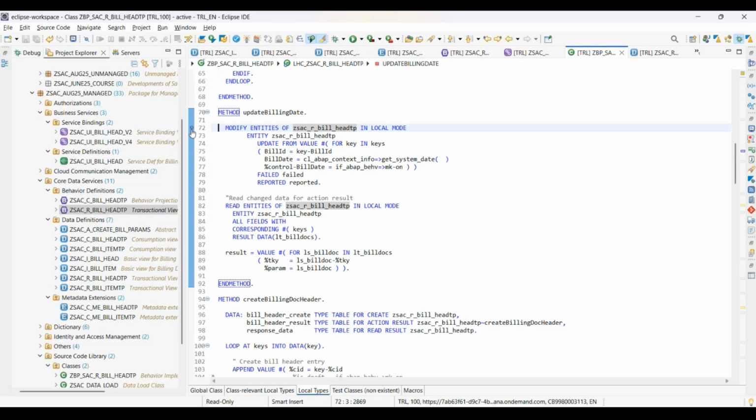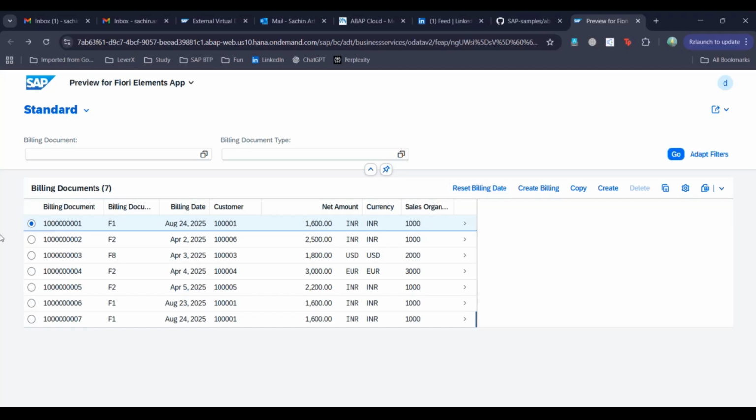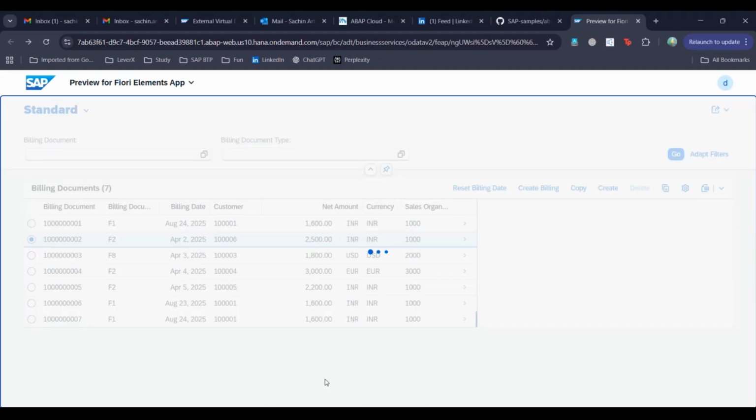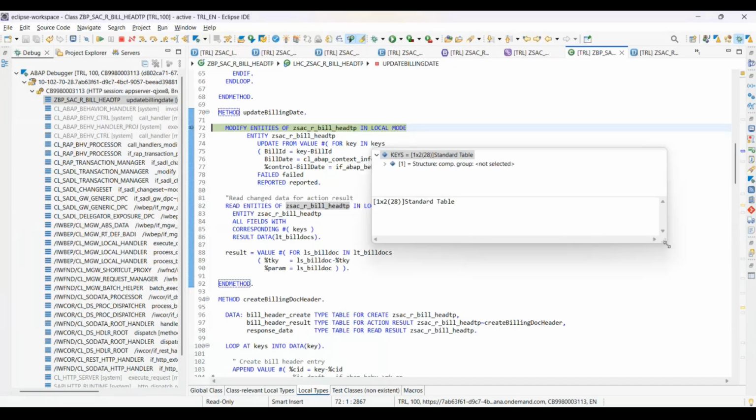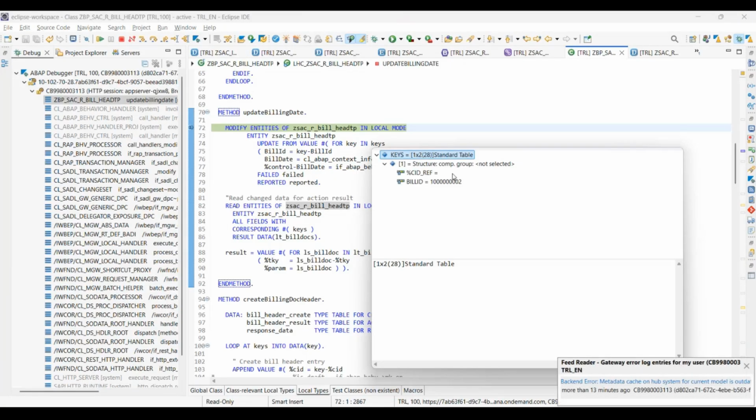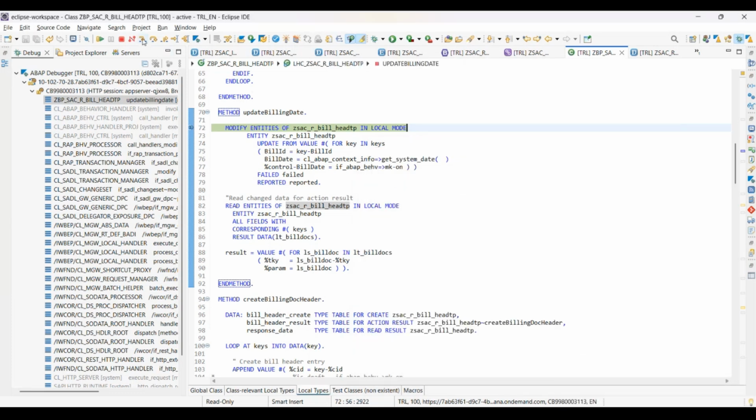So I'm double clicking here. A breakpoint has been set. Now I'm going to my screen, and now this April 2 should become August 24. So I'm clicking on this action. The debugger is now hit. And keys, as I said, keys is the importing parameter, right? So this is what we have in the data. See, there is something called CID reference, which is blank. I'll mention what it is in a bit. And this is the key field, which we need to use for updating the record. If I just press F5 also,